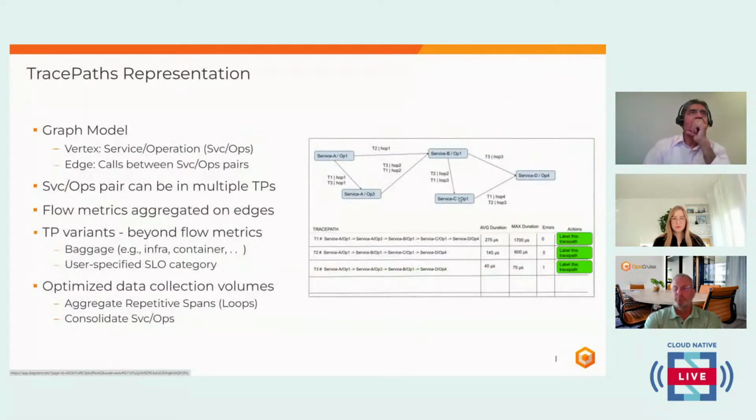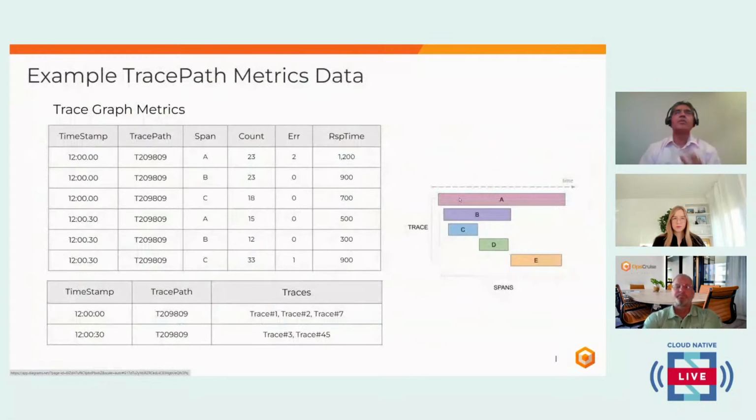So let's take an example graph. How would we collect the data? Here's a typical example, the overall flame graph. A request comes to A, calls B, B calls C, C calls D, D calls Z, and goes back, as an example of the 4 spans. So at each time span, if I've calculated,